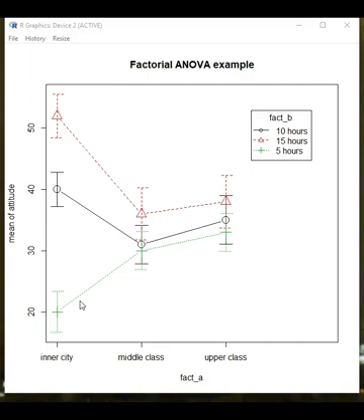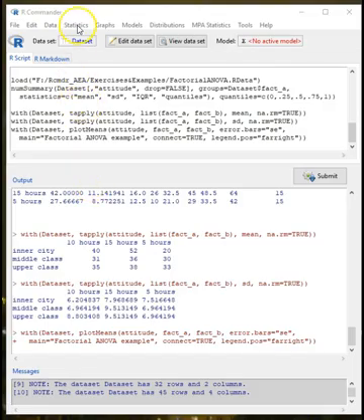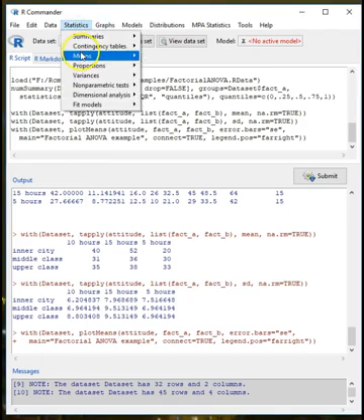And the way that we can say that we have an interaction is when we can see that there is a crossing of some of the lines. So it's very likely that we will have a significant interaction in this case. So without further ado, let's go into statistics, mean,